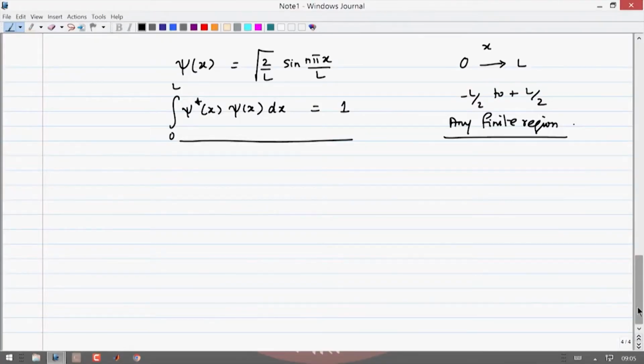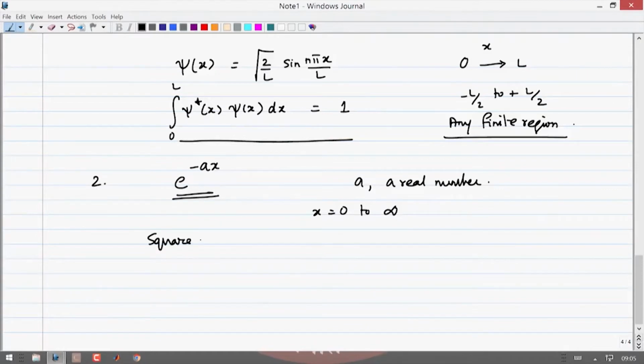Another example of the wave function that we may use from time to time is the function exponential minus ax, a real, finite number, between x equal to 0 to infinity. This function is well defined and well behaved, and you can see that the square integrability here is e to the minus 2ax, psi star psi, and if you take the integral from 0 to infinity of e to the minus 2ax dx, the integral has a value 1 by